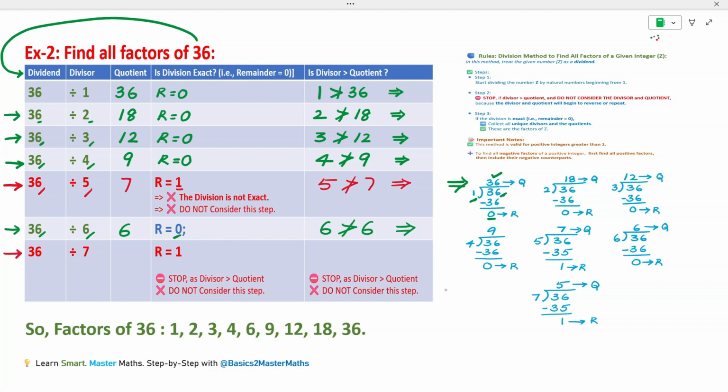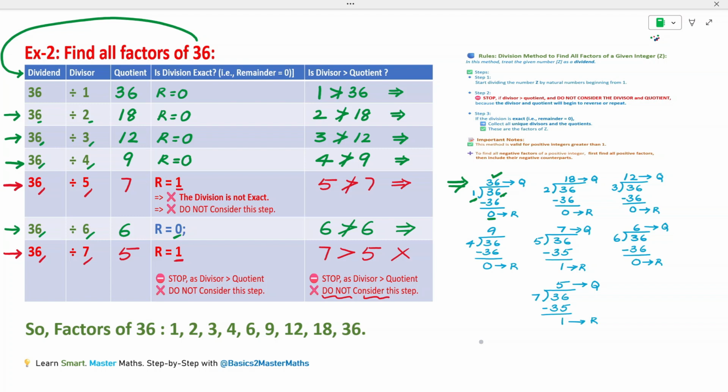Here, when we divide 36 by 7, we get 5 as the quotient and 1 as the remainder. In this case, the divisor is 7, which is greater than the quotient 5. So, please stop here and do not consider this step. Got it? Now,